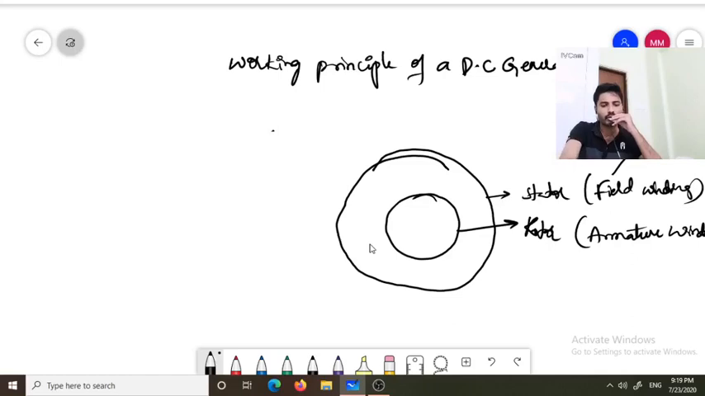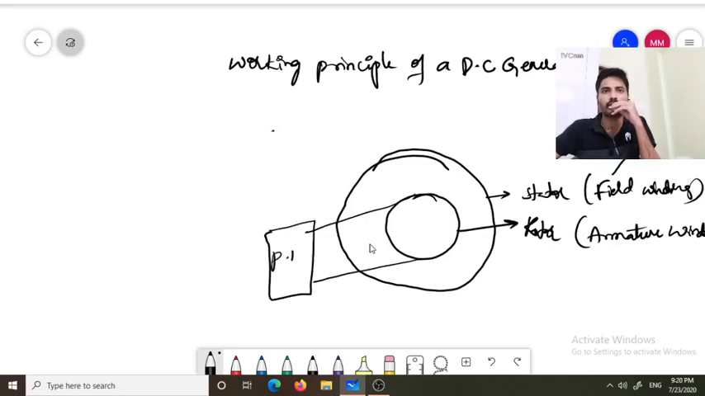You already know about flux. What is meant by flux? Flux means magnetic lines of force existing between two poles. Imaginary lines of force existing between two poles of a magnet are called magnetic flux. Whenever the rotor is rotated with the help of a prime mover,